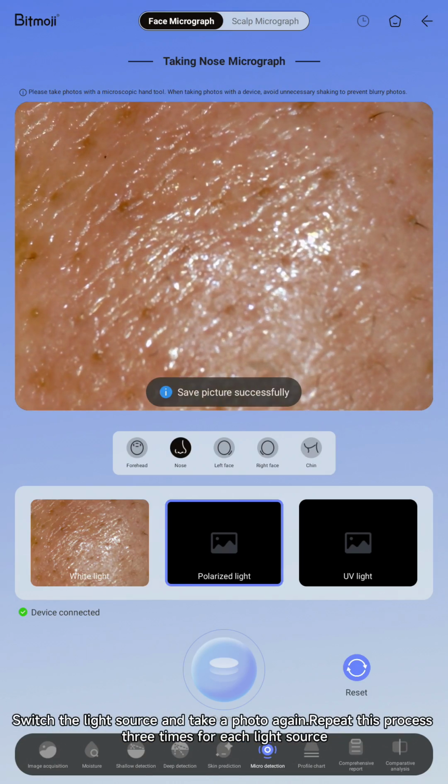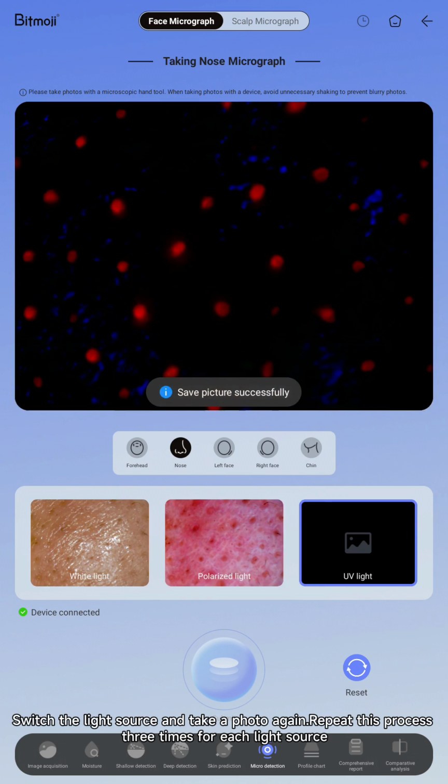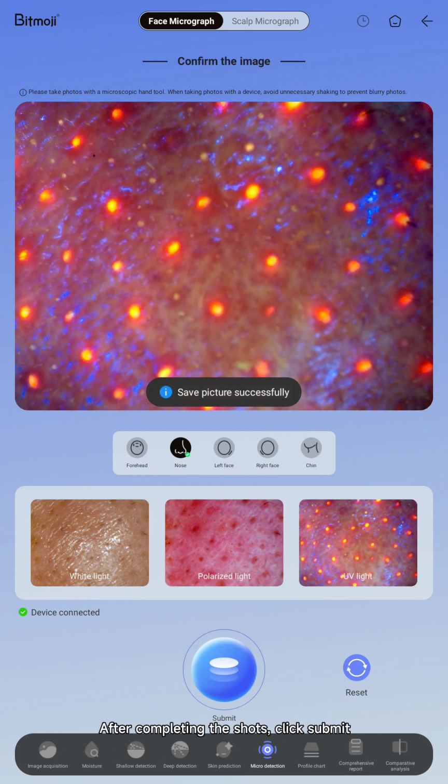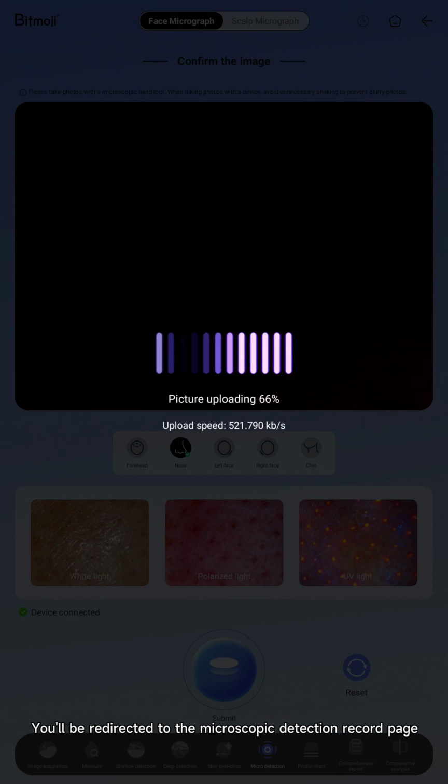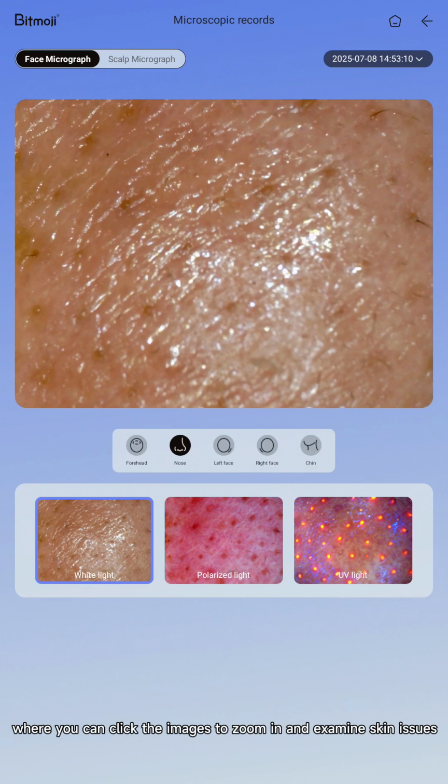Switch the light source and take a photo again. Repeat this process 3 times for each light source. After completing the shots, click Submit. You'll be redirected to the macroscopic detection record page, where you can click the images to zoom in and